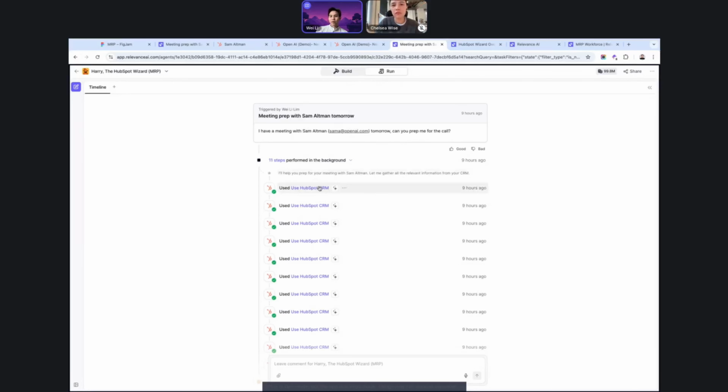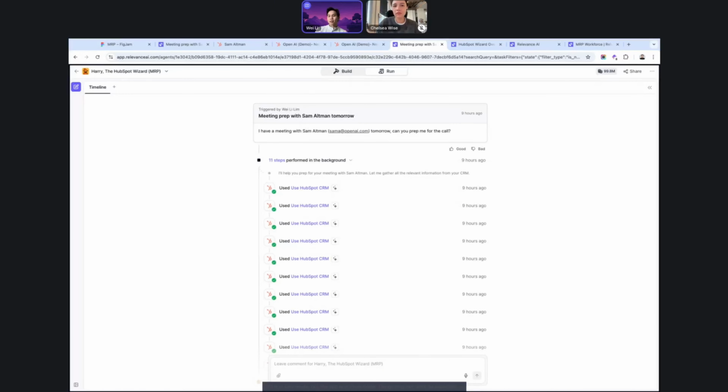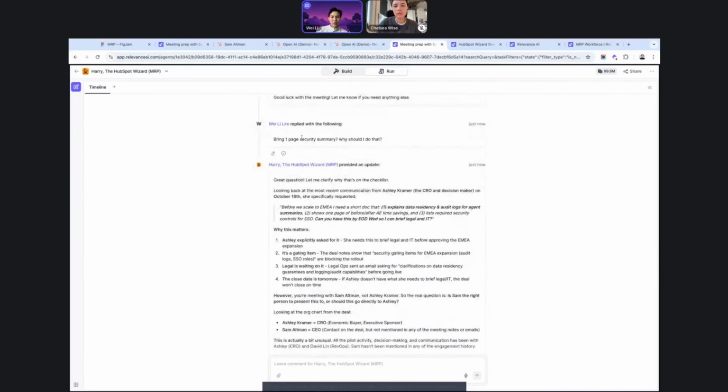This kind of style of agent, where we actually don't specify how it should do the work, we just give it the process of how it would need to do it or where it should go to look for that information in the first place, and the agent can then decide what sort of tool runs to use, allows for a much wider use case. And so I can go and ask things like a meeting prep. And if I want to get a bit more detailed here, I can ask for clarifying questions. And if it already has that in context, it doesn't need to go back and search the HubSpot data, because it already has this. But if it does, it can run those tools again and check for more information.